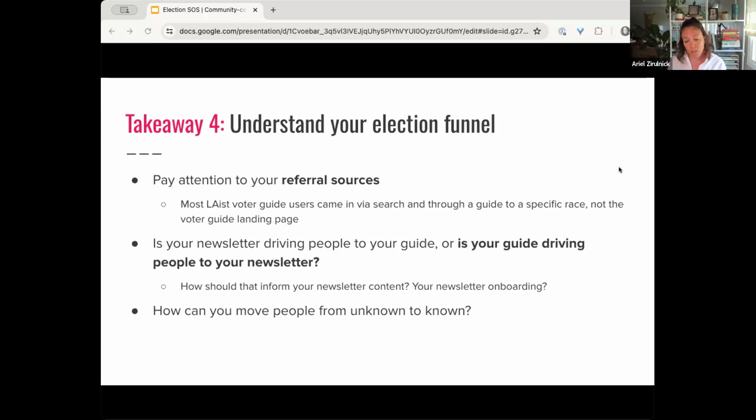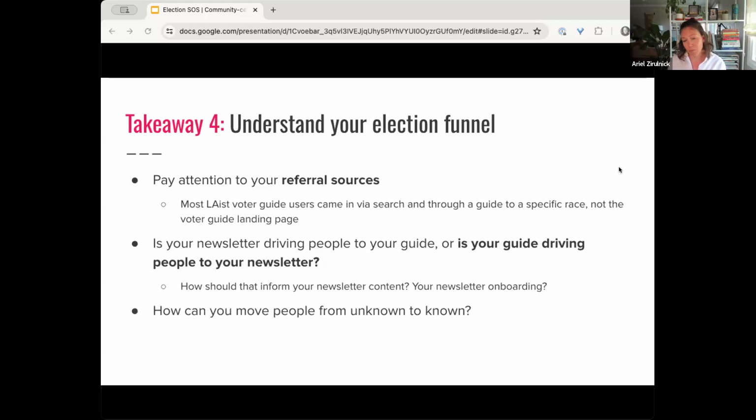At LAist in 2022, we made an election newsletter course called The Ballot is Long that explained the 5 most complicated items on your ballot. The content was great. It was really well written, but the signups for it weren't as high as we hoped. And in particular, very few people that were new to LAist had signed up for it. And in retrospect, it was pretty obvious why.